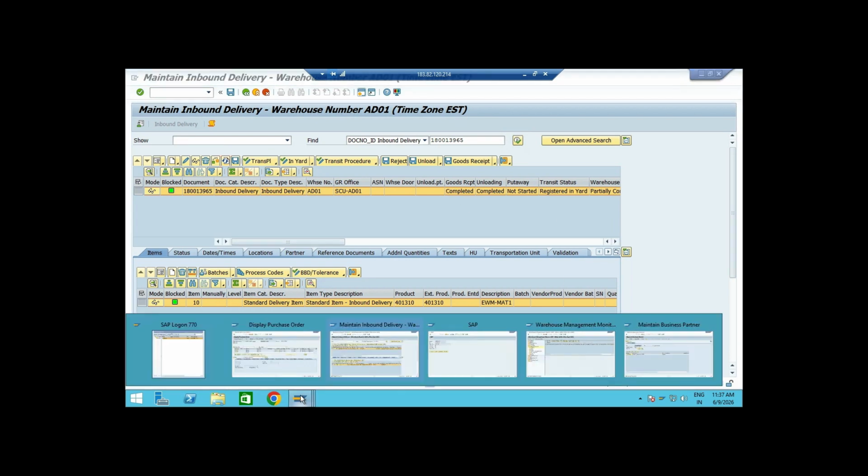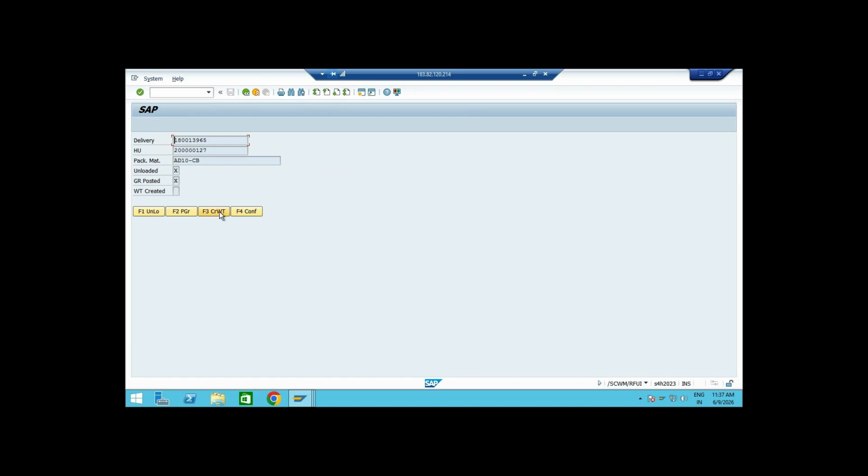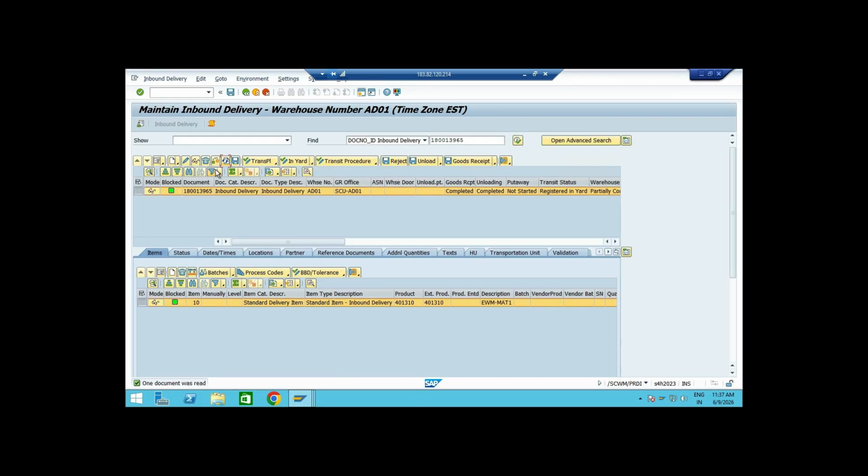And now we'll create a warehouse task from here. See, it was saying could not fully determine the destination bin. And if you refresh it here, putaway is not started. Why? Because we have configured warehouse task creation to happen automatically, but even that did not happen. Then in this case, actually,